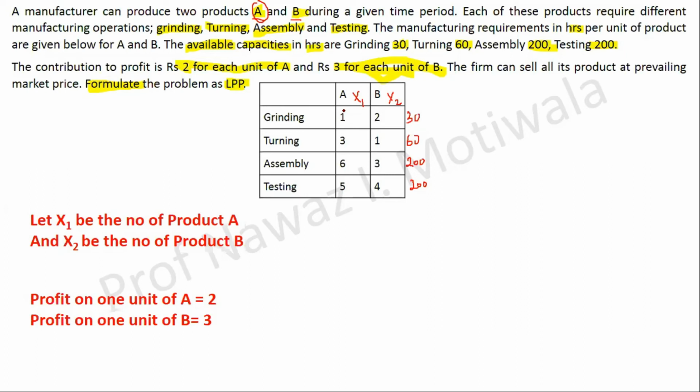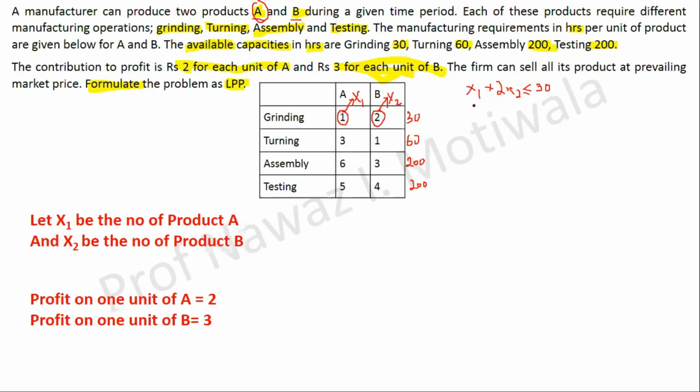Now 1 unit requires 1 hour of grinding. So x1 will require how much? It will be 1 x1. Similarly 1 unit of B requires 2 hours of grinding and there are x2 number of components. So total time will be 2 into x2. So now my equation will be x1 plus 2x2, that is the total time for grinding required by both the components, should be less than or equal to 30, because we have to complete that within the given constraints